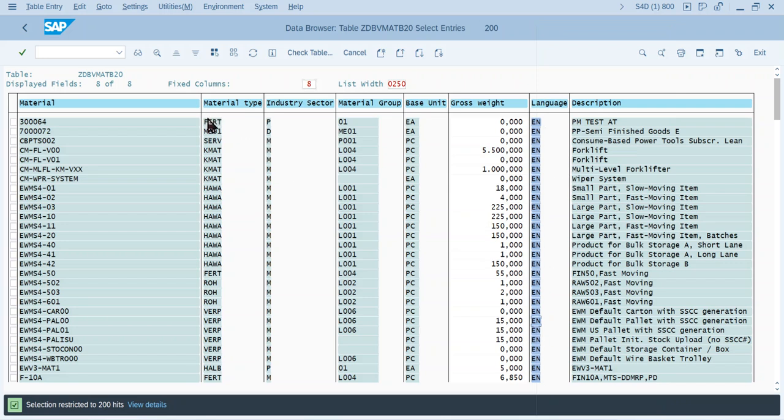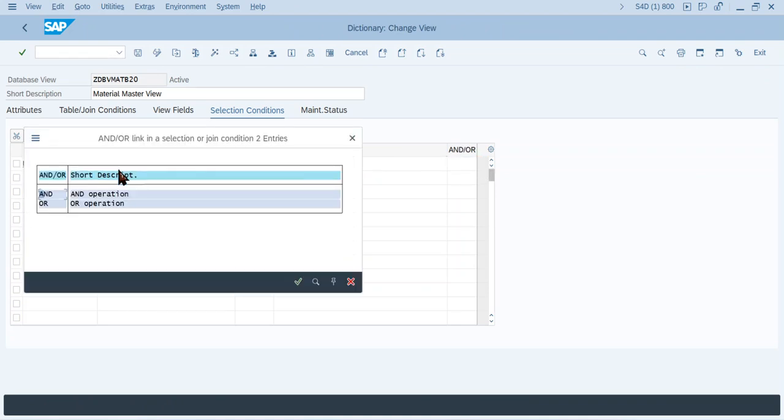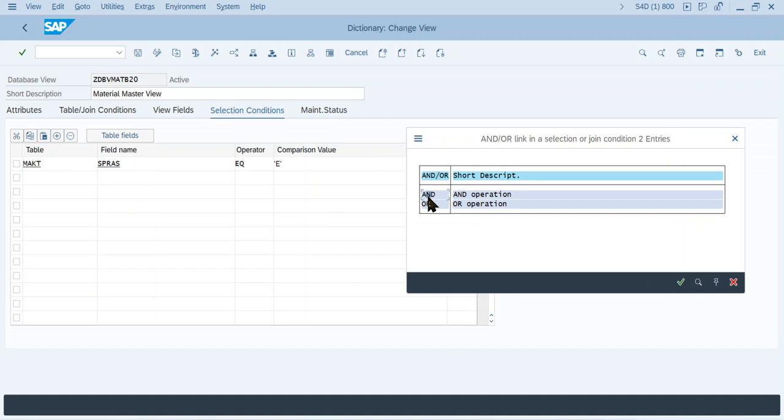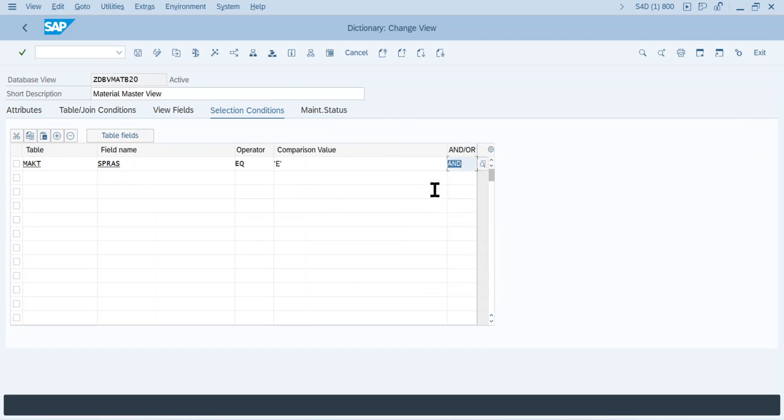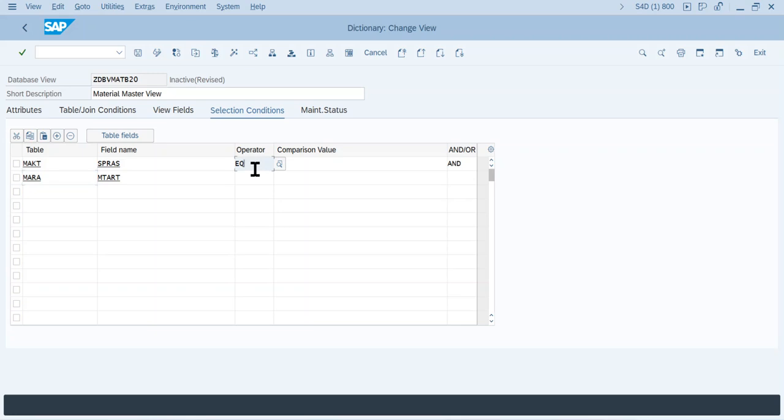Let's say I only want to see the material where material type is FERT. So what you can also do, again you can go back to selection condition and say here AND or OR. If both conditions should satisfy, then use AND. If only either one is satisfied and you want to bring the data, then use OR. In our case, we'll use AND because the system should satisfy both. Let's say MARA, and here MTART is the column, and again I want to only bring where material type is FERT. So let's activate